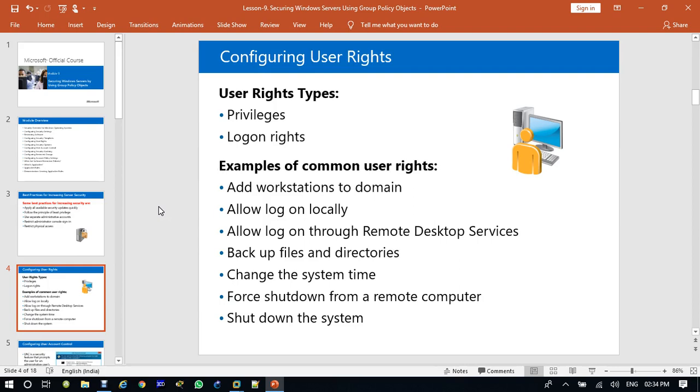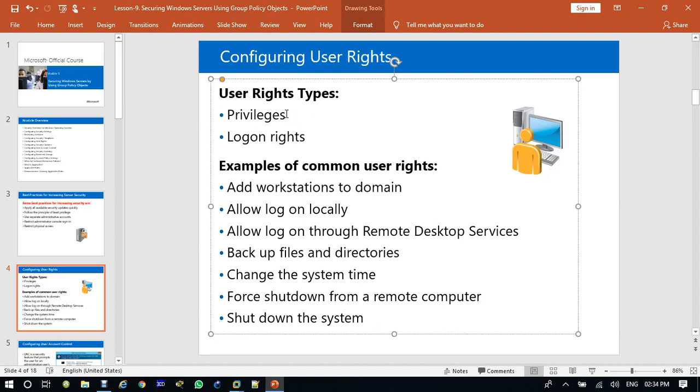Now, if I'm talking about user rights, what type of user rights should I configure in my organization? There are two types of user rights: one is privilege and one is login right. Privilege means what type of privilege you have on this local server, or forest-wide on all servers in the forest. So it means on all servers in this forest you have this type of privilege, for example if you are the sub administrator, the group administrator, the backup administrator, or the account administrator.